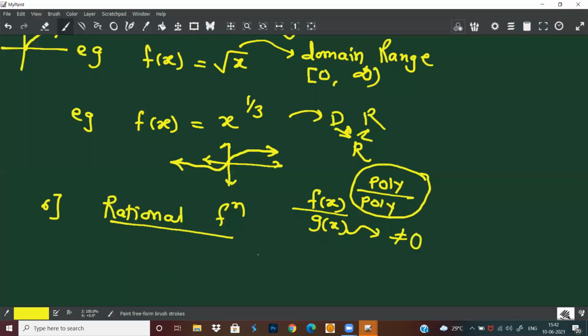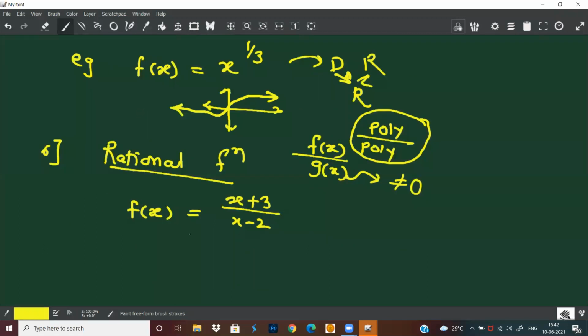f of x. Continuity done, so you know it. Na? This function will not be defined at x is equal to 2. Yeah, polynomial upon polynomial. So f is a rational function. At x equal to 2, the denominator turns 0, so function will not exist. Correct? कौन सा? If the power is integer and negative, मतलब ऐसे बोल रहे हो आप? ऐसे? हाँ, तो मैंने दिखाया ना आपको रेडिकल ये